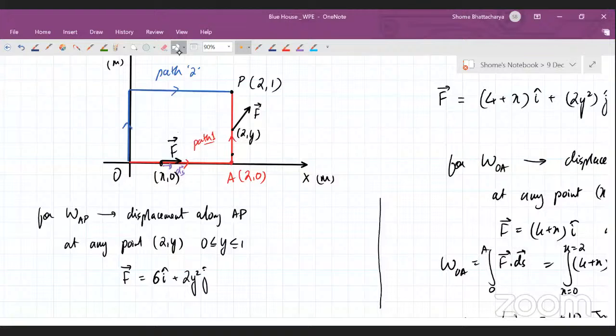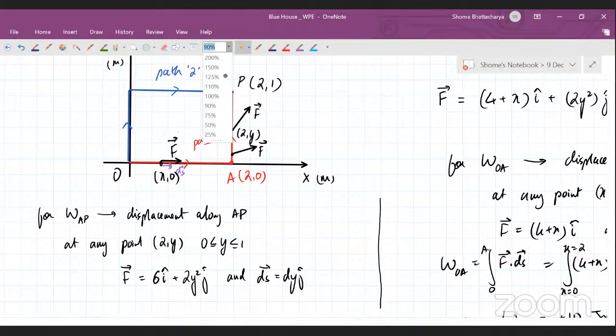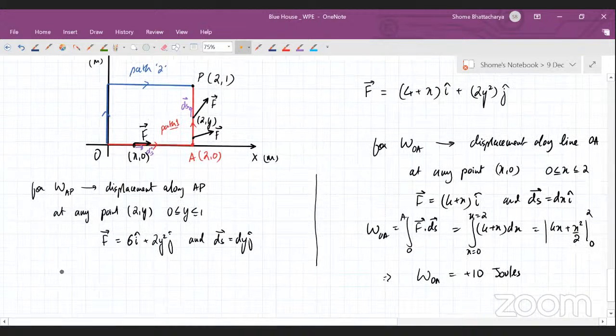So at different points we'll have different kind of forces. We'll have like this. The force will vary and its y coordinate is varying. So y component is varying, whereas the displacement is like this. It's along the y axis. So that is like this. Okay. So from this, if we calculate the work done from A to P,